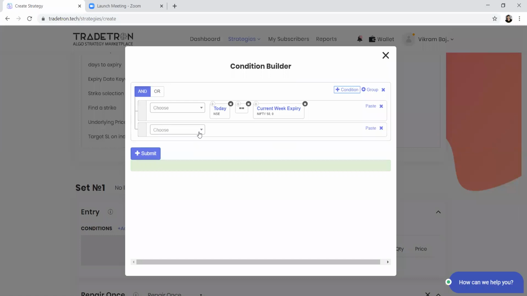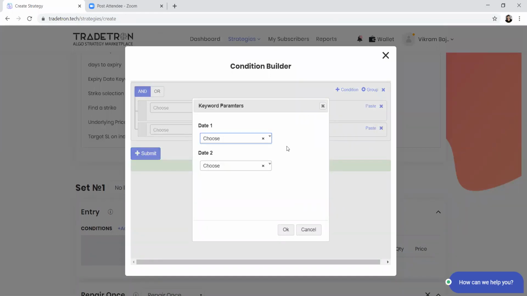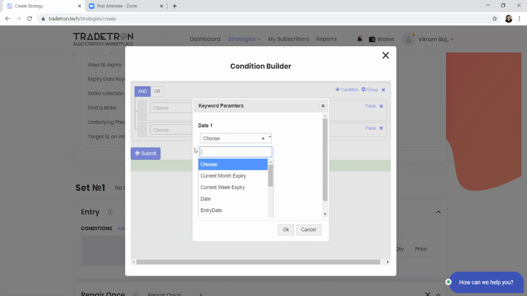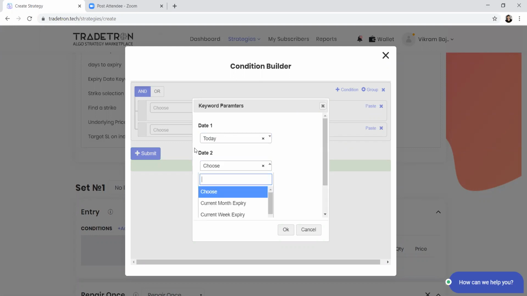Then let's say you want to take a trade 5 days before expiry or 10 days before monthly expiry. How to do that? You can write conditions using the days difference keyword. This keyword basically takes the difference between date 2 and date 1. So if I write here today, and date 2 is current month expiry, let's say.